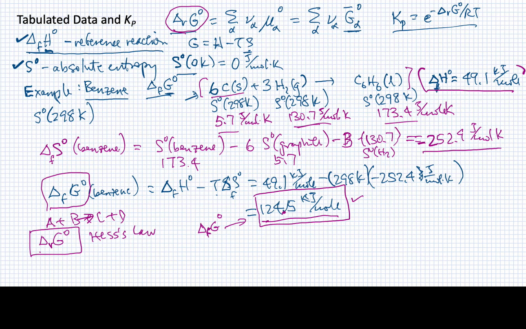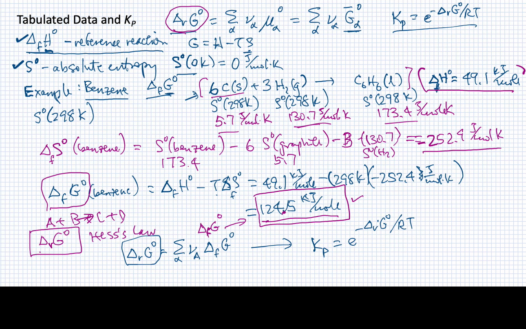constant. So maybe to reiterate this, the Gibbs energy change for the reaction is simply going to be the sum over the stoichiometric coefficients times these Gibbs energy of formation values. All right, these things that, like the one I calculated here for benzene, but you would do the same process for each species in your reaction. Calculate this out. That will give you this value here, and from this you can then calculate the K value by simply plugging it in here,